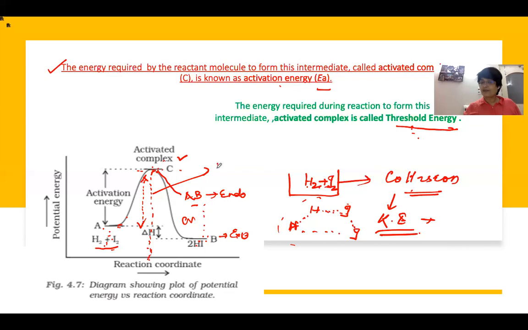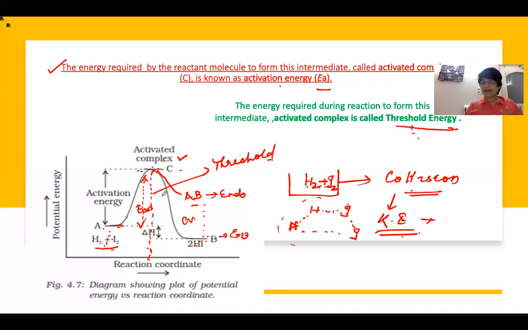Like I said, from the beginning itself, the criteria is reported as threshold, but this one is the activation energy. And remember here, threshold and activation energy are a requirement. It's not equal to kinetic energy. So this value is fixed for the particular reaction, which cannot be changed. So remember, activation energy cannot be changed.